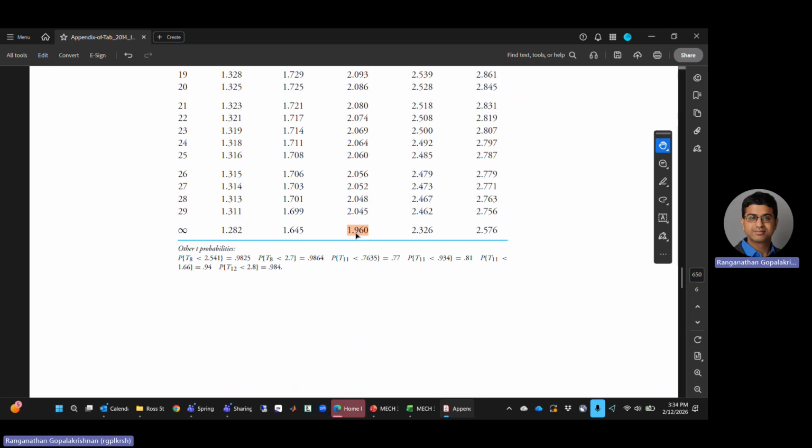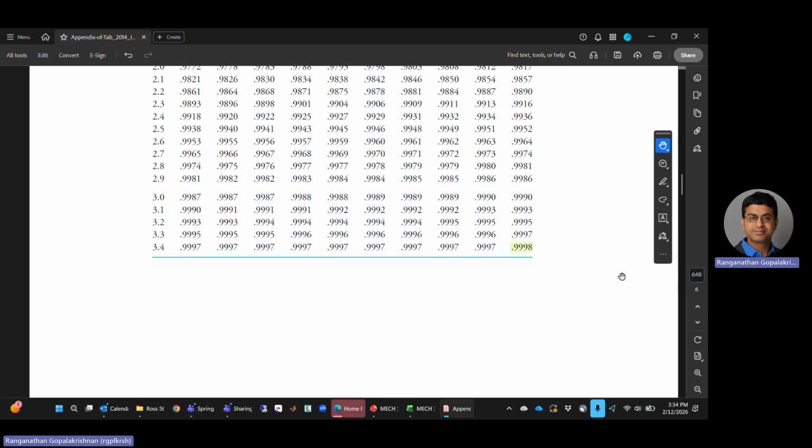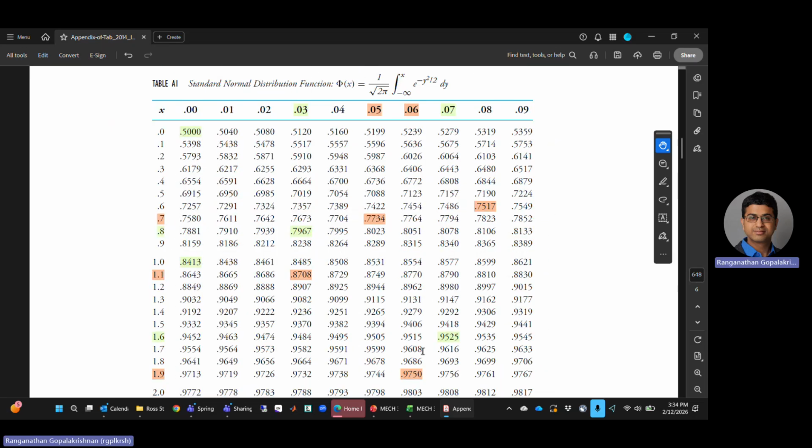That column is for 97.5% confidence. So if you want to be 97.5% confident, and if you have a large sample, you multiply by 1.96. That's your t parameter. If you go back to the standard normal distribution, 1.96 is the value to the left of which lies 97.5% of the probabilities. Ergo, your inference would be